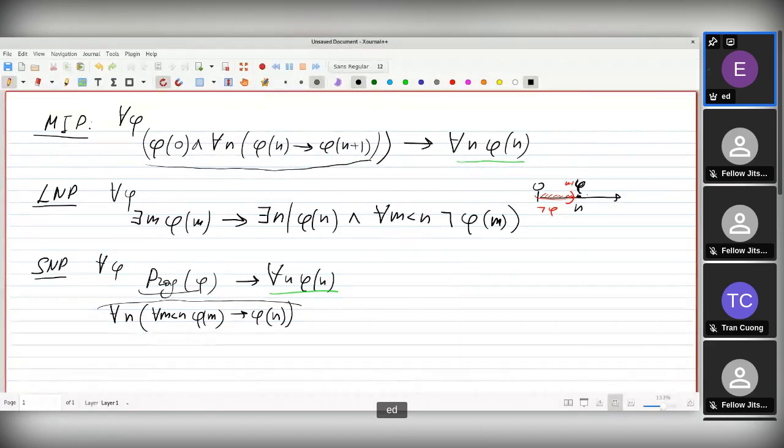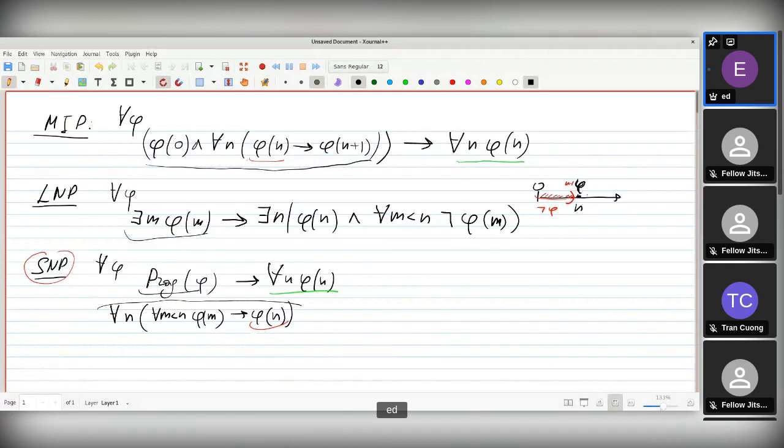For example, most likely, you want strong induction when you make a reference to some numbers which are not directly precedent to our n. So if you want to prove something for n, you may need this for, say, n divided by 2, n over 2, not just n minus 1. In this case, most likely you want strong induction.